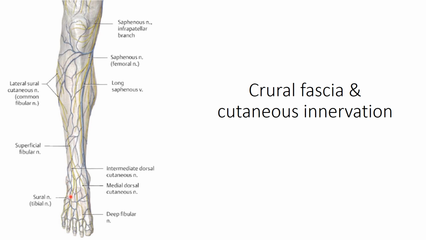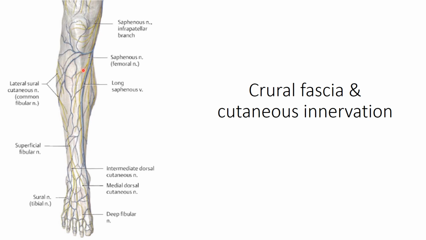So that's how it envelops the leg all around, and superficial to this are the subcutaneous nerves and subcutaneous veins. Regarding the subcutaneous veins, we will discuss how there is an arch, the dorsal venous arch, which is formed here, and its medial continuation is the great saphenous vein, and there is a lateral continuation which is the small saphenous vein. But here these are the cutaneous nerves.